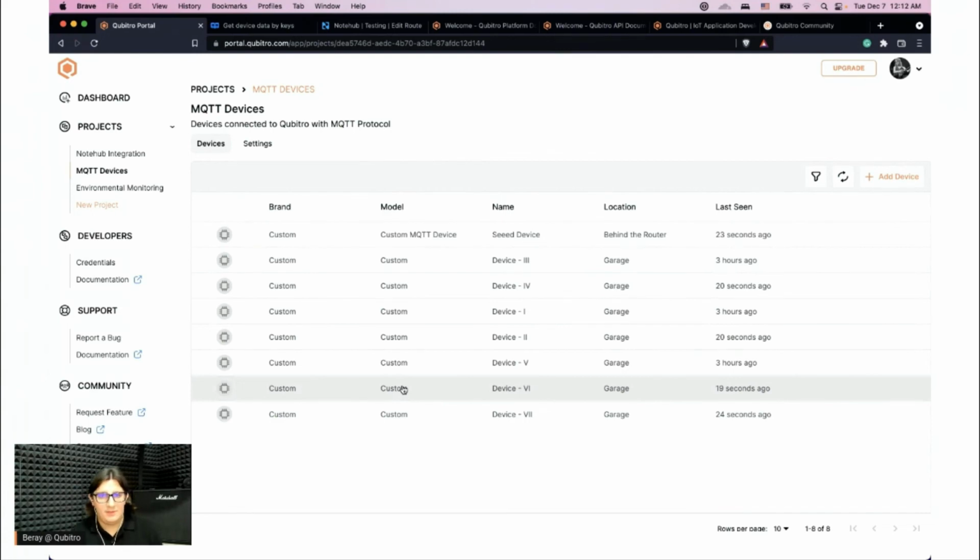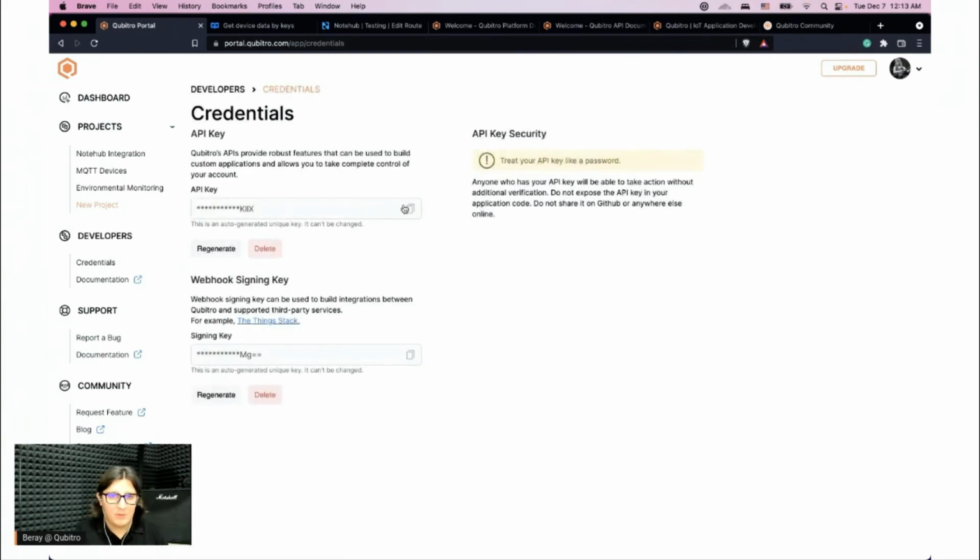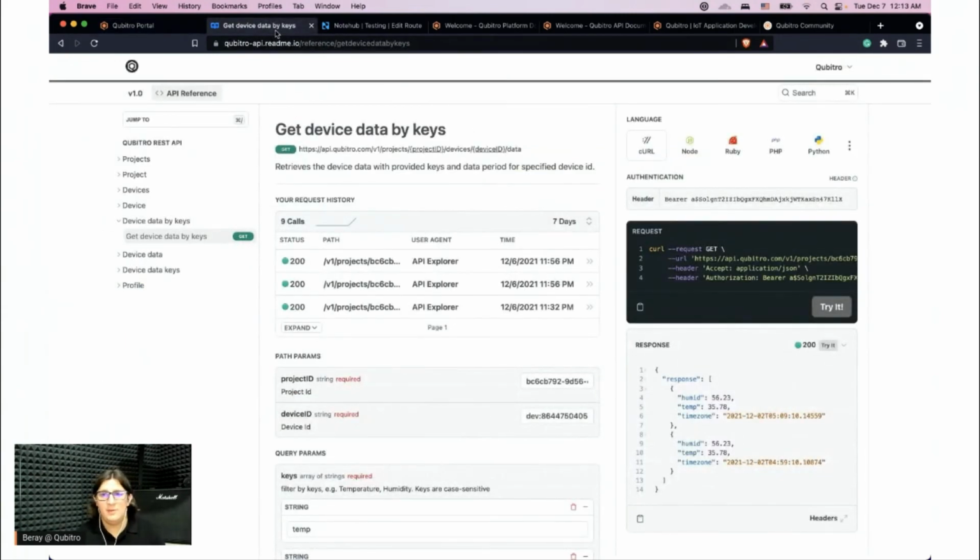You want to automate this stuff because you know your devices and the sensors and the values, and you may want to get this information without touching into user interface. In fact, you just need to touch only single time, which is API key. In this case, you need your API key to work with Qubitro APIs. And why APIs are important? I'm jumping to the APIs.